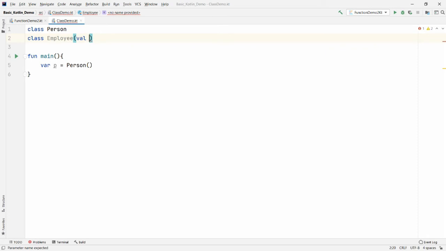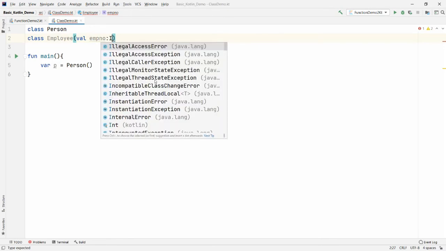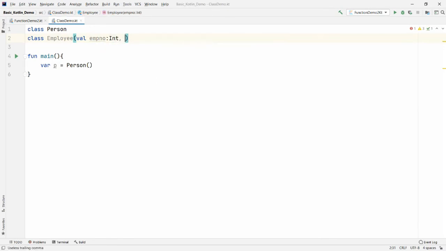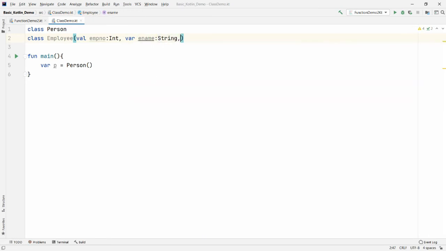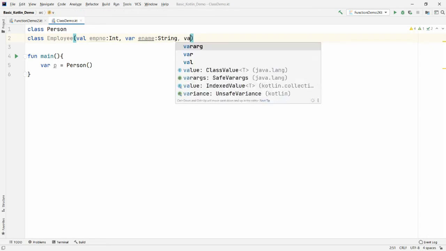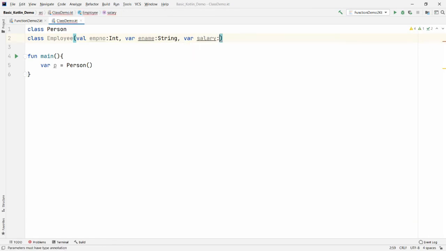So I'm declaring val employee number and the type is integer. Now I'm declaring var, that is mutable, employee name of type string, and here you can declare var salary of type integer. So you can say that this is the user defined parameterized constructor of employee.